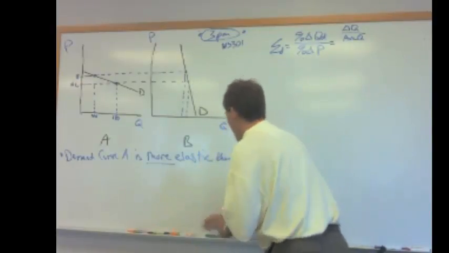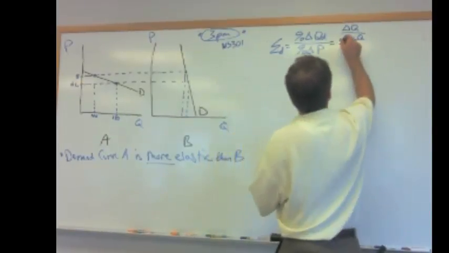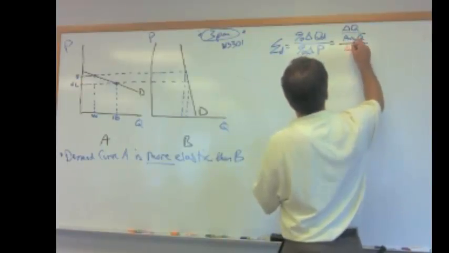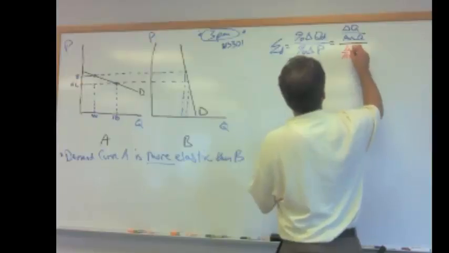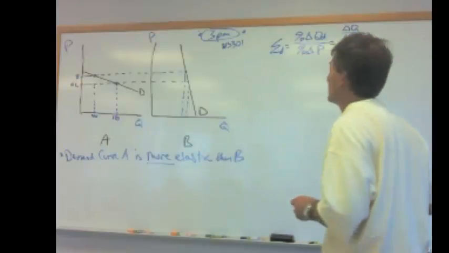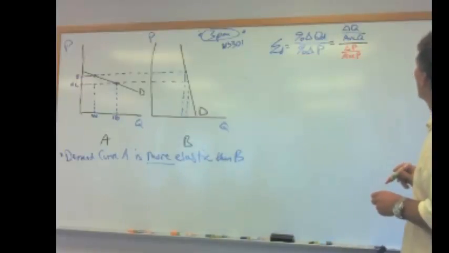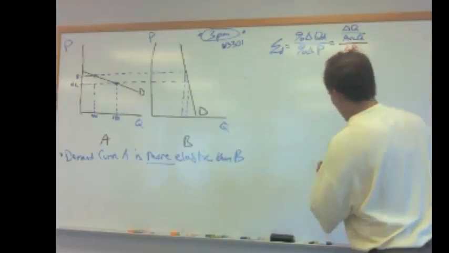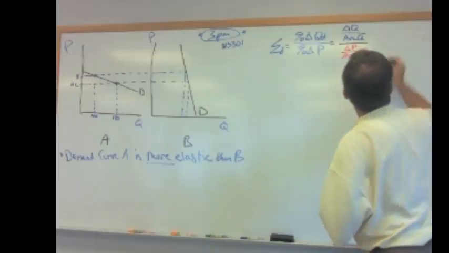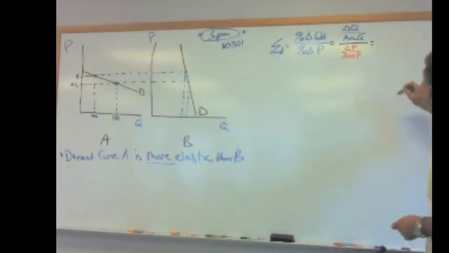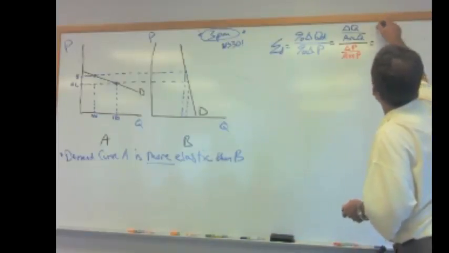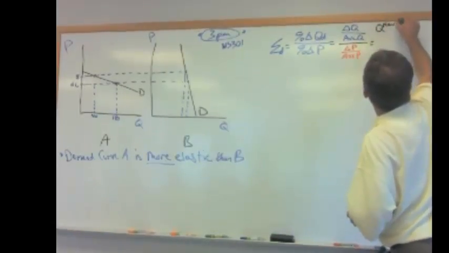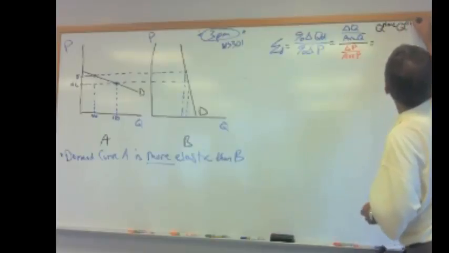And divide that by the change in price divided by the average price. All right, so just to be completely complete with our formula, we're going to take the new quantity minus the old quantity